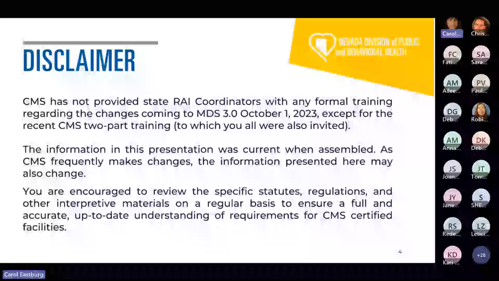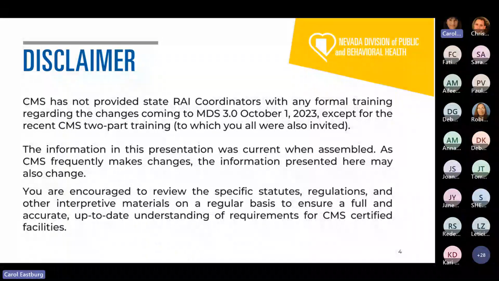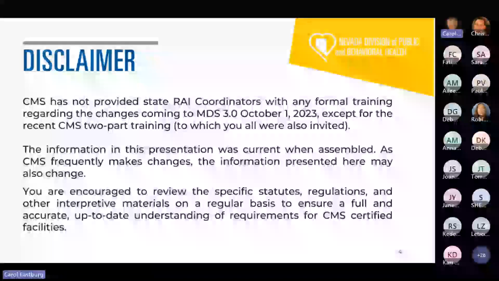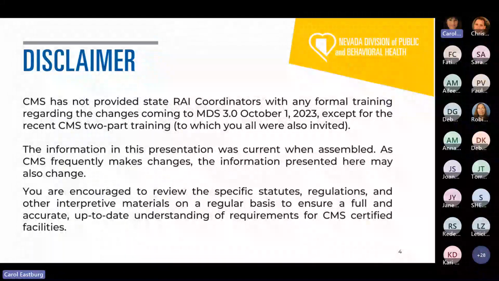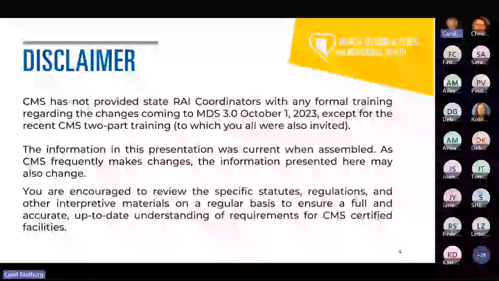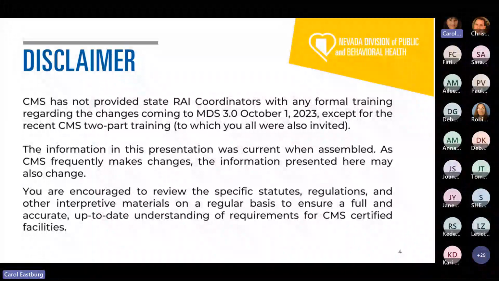And as usual with CMS, information is constantly changing. So that's why I recommend that you check back regularly on the CMS website, where you can find the most current edition of everything. And I know sometimes it's a lot of links to wade through, but they usually do have the most current thing listed at the top.